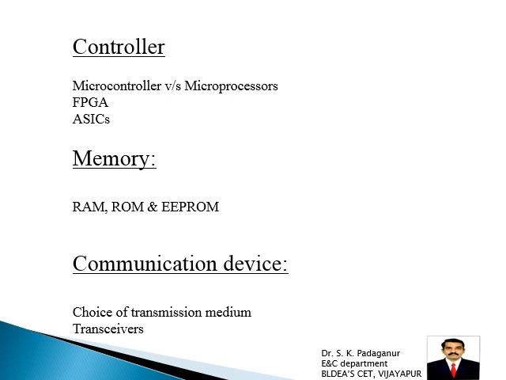Then a very important thing is the communication device. The communication device is used to exchange data between individual nodes. That is, how you can communicate with other nodes. Especially transceivers, which are a combination of transmitter and receiver. They can transmit the data or receive the data. So the communication device is a very important part of the sensor node.